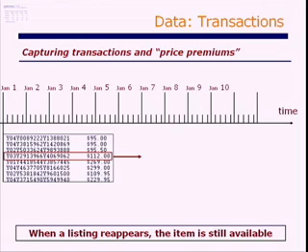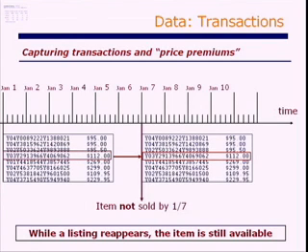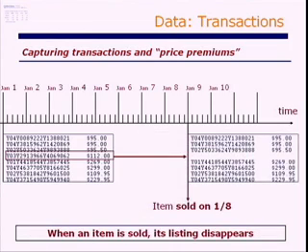Okay, so if you take this example, we've got a feed on a particular day, and then we get the feed on the next day, or these are at 8-hour intervals. If the listing still exists, then we know that the item is still available. If, on the other hand, the listing has disappeared, we conclude that the item has been sold. I think every 60 days these items are automatically delisted, so there is a little bit of noise in this data.